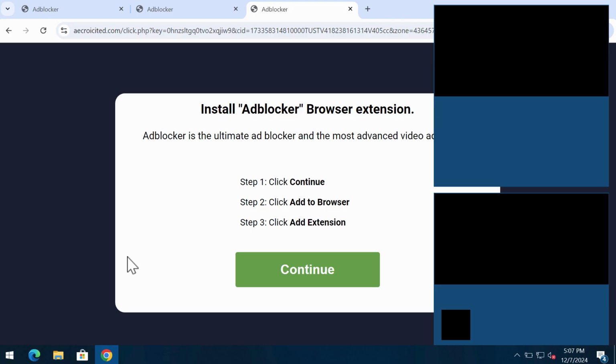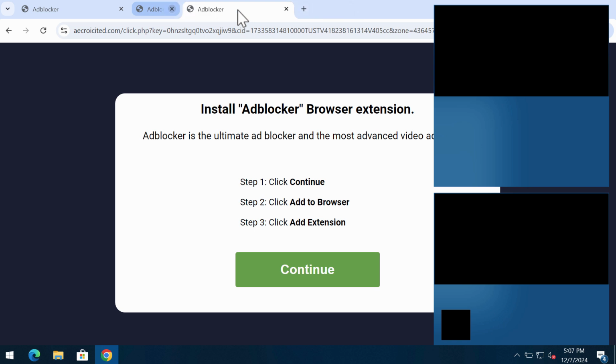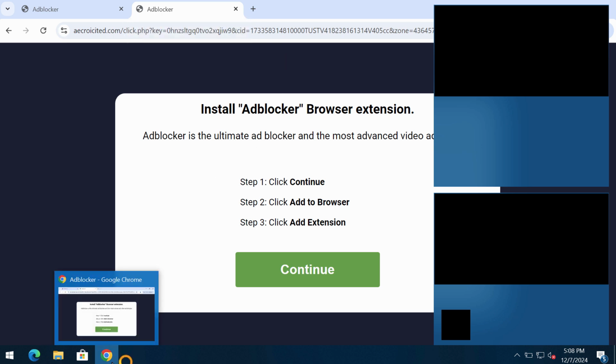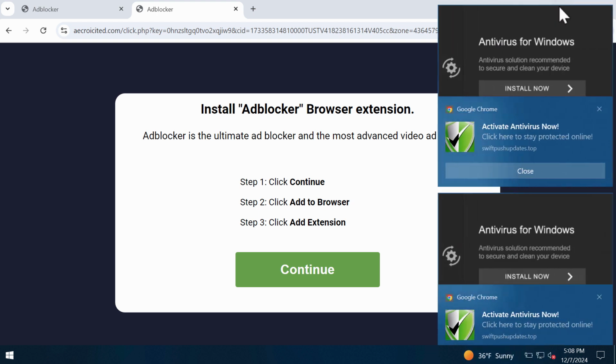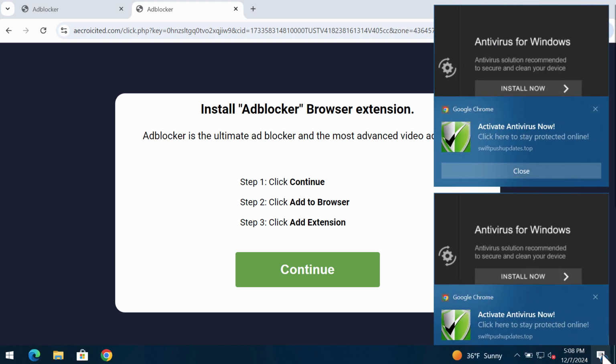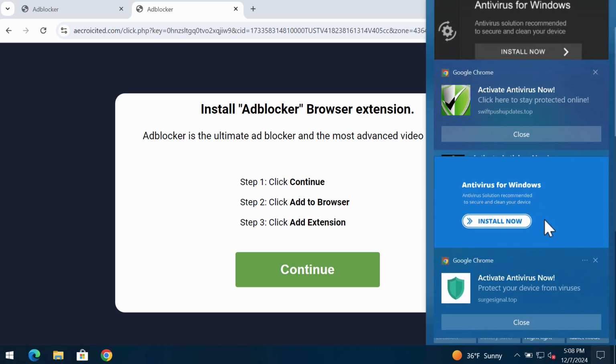My video is about removing pop-ups by the site aecroisited.com. This is a dangerous site targeting Google Chrome and other browsers. It tries to make you actually download some unwanted browser extensions that may operate as adware. And instead of blocking advertisements, this extension may actually show their own advertisements not related to the sites that